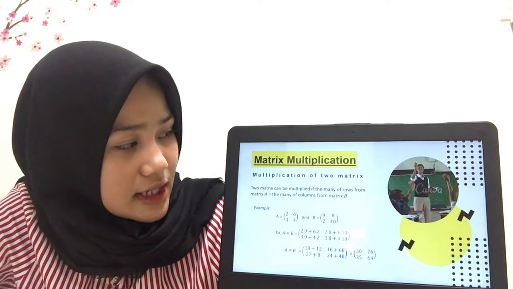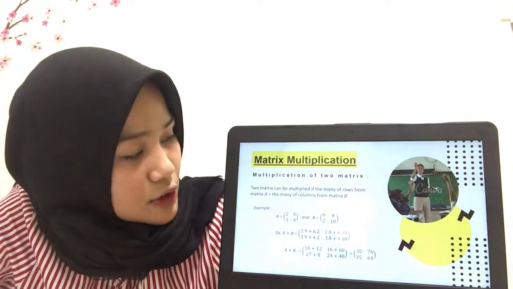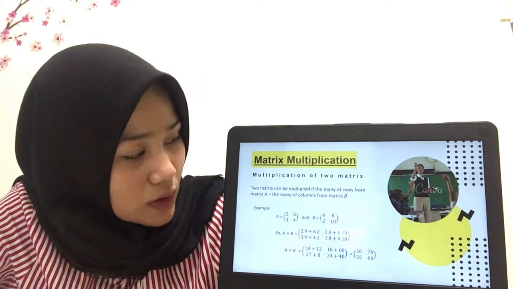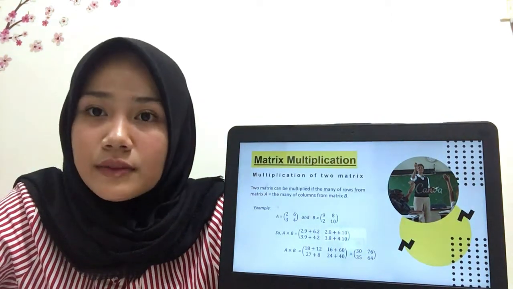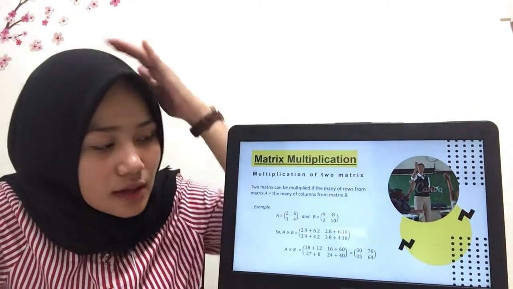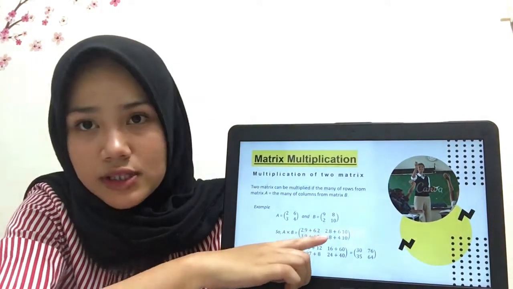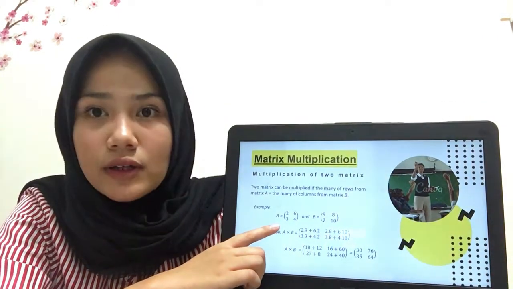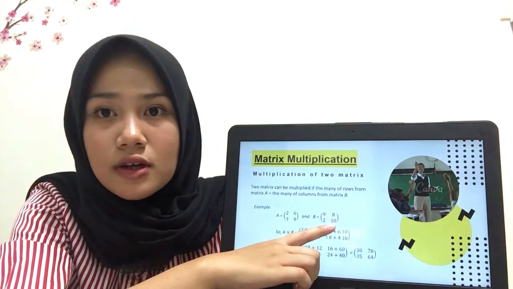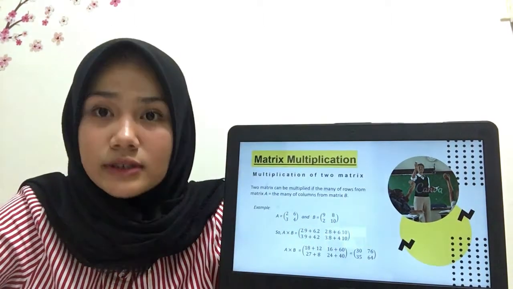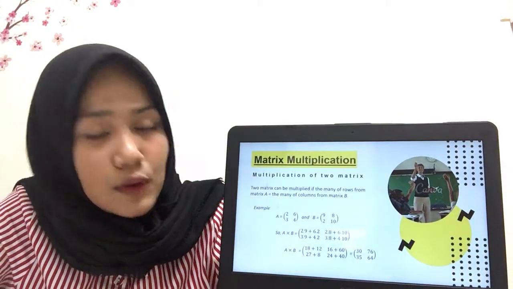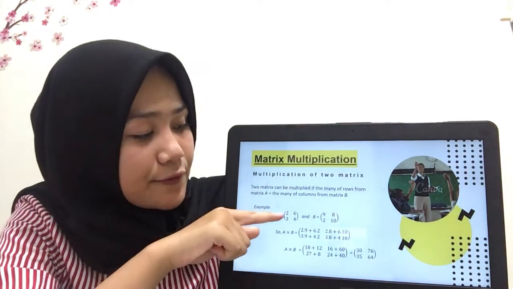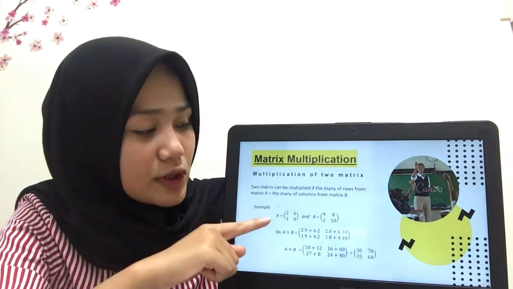So next is multiplication of two matrices. Two matrices can be multiplied if the number of rows from the first matrix is equal to the number of columns from the second matrix. For example, there are matrix A and matrix B. Because the number of rows from matrix A equals the number of columns from matrix B, we can multiply them. To multiply matrix A and matrix B, we multiply the first row from matrix A